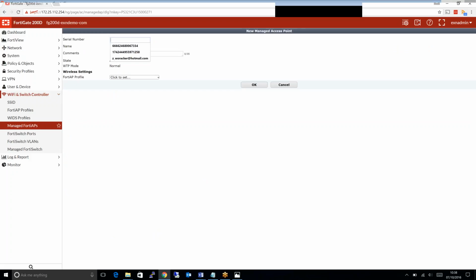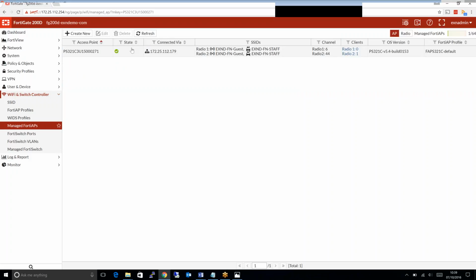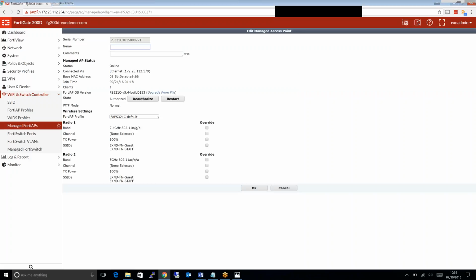If you put the serial number in here and then assign a profile, when it connects, it's automatically authorized. I'd probably recommend doing that in the CLI, so you can bang 100 in at the same time. But if we go through to the access point, you can see here it's authorized. By default, when any access point connects, apart from when using provisioning, it's not authorized. So the FortiGate will see the access point, but it won't push any configuration down. It won't allow it to communicate properly with the gate. So until it's authorized, you can't actually control that access point. We've also got the FortiAP profile, which I'll cover next actually, and various other radio information you want to override